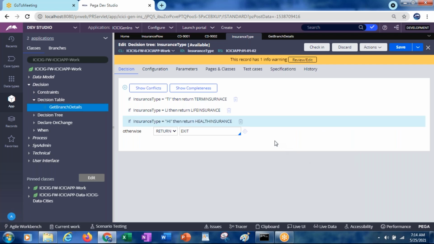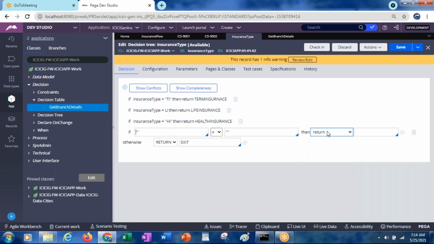So even if you want, you can call another decision tree, another map value, another decision table from the decision tree.